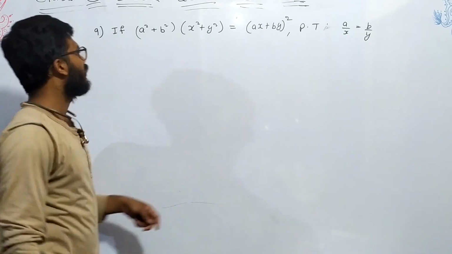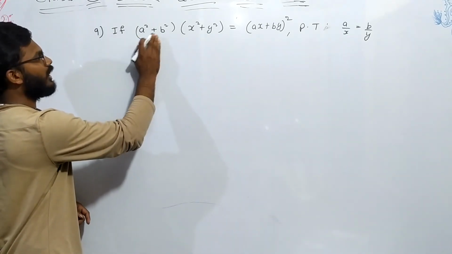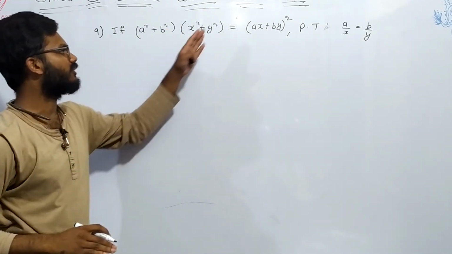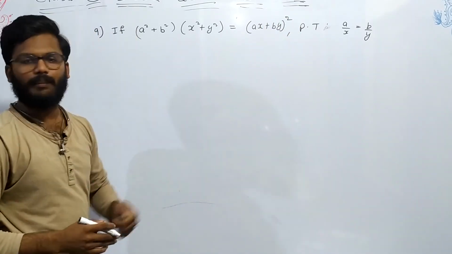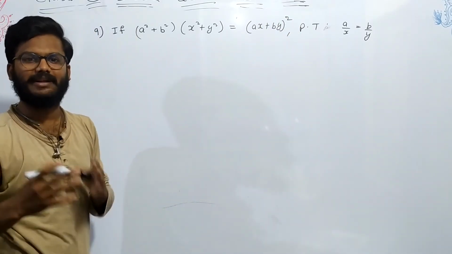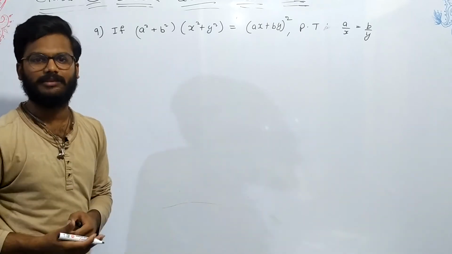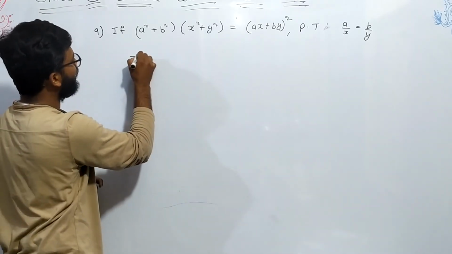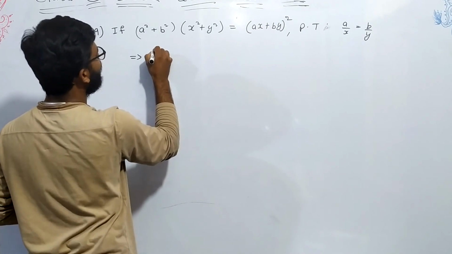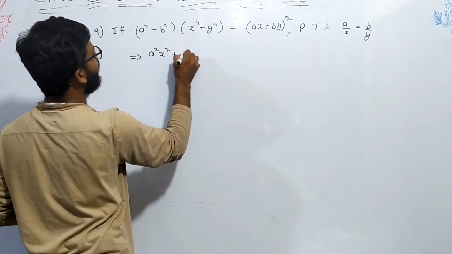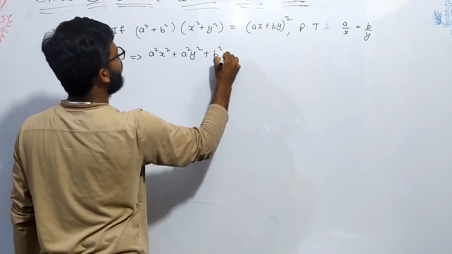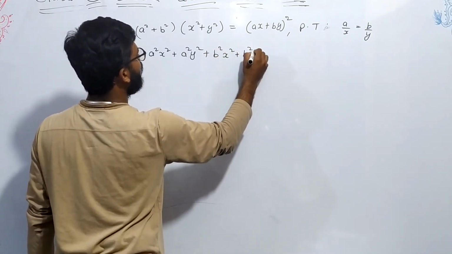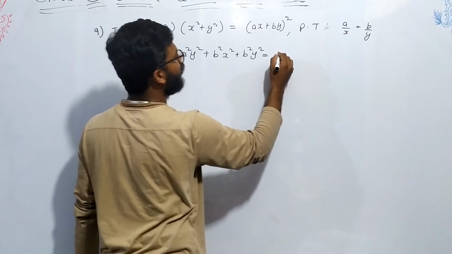Now see this one, the ninth one: (a² + b²)(x² + y²) is equal to (ax + by)². If you do it using componendo and dividendo or properties of proportion, it will be somewhat clumsy. So better to do it directly. So how can you do it? a²x² + a²y² + b²x² + b²y² is equal to (ax + by)²,